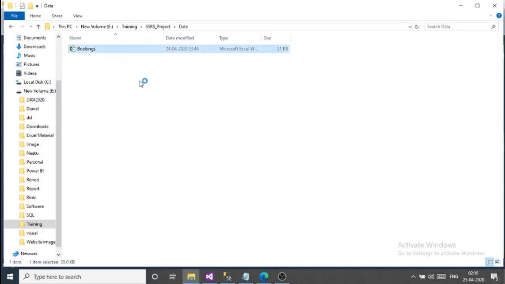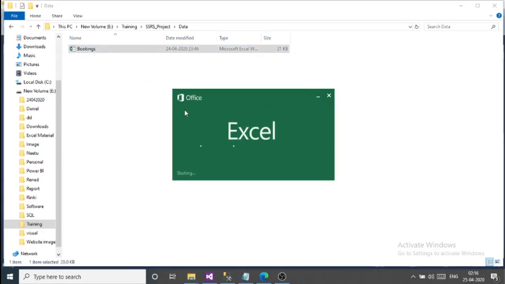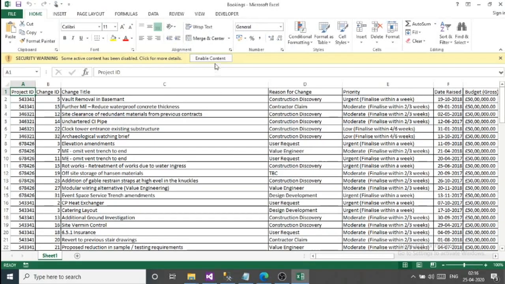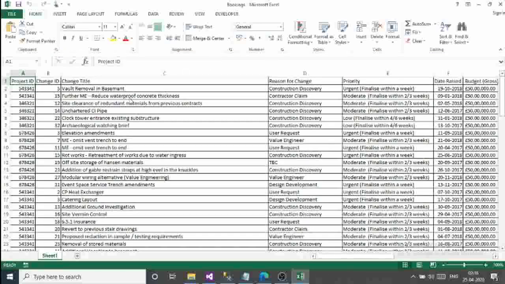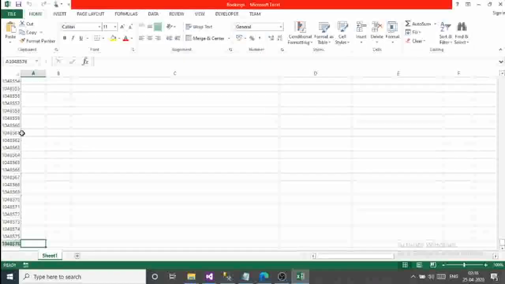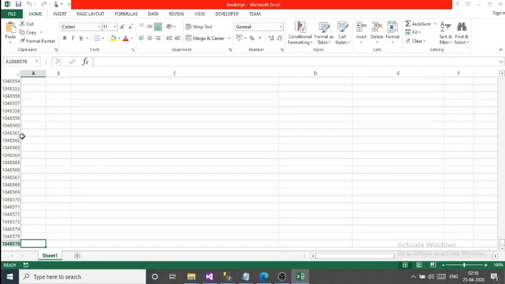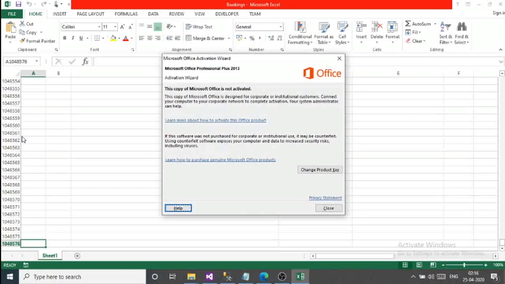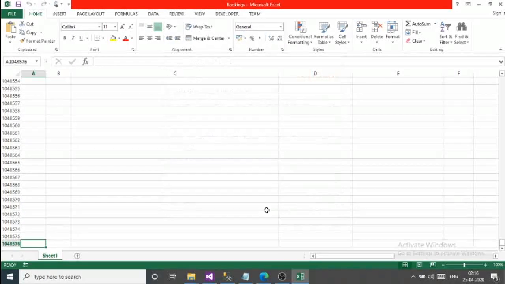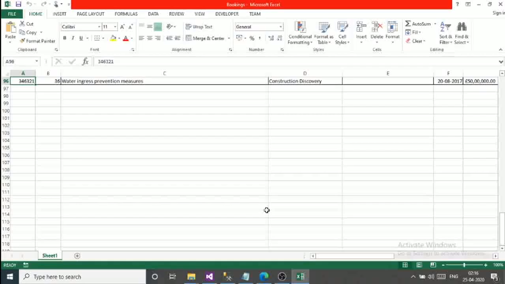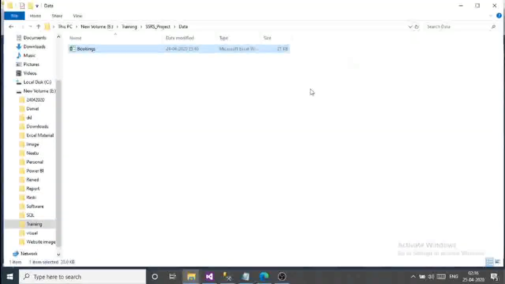So I'm going to open that booking file, and all the columns and all the rows are similar to the SQL table. There are 95 rows here. So I'm going to close this.